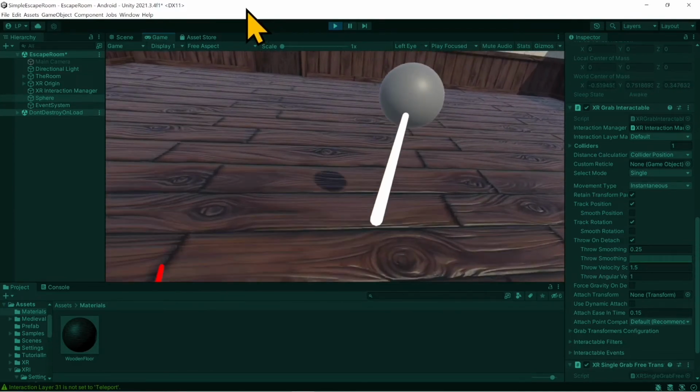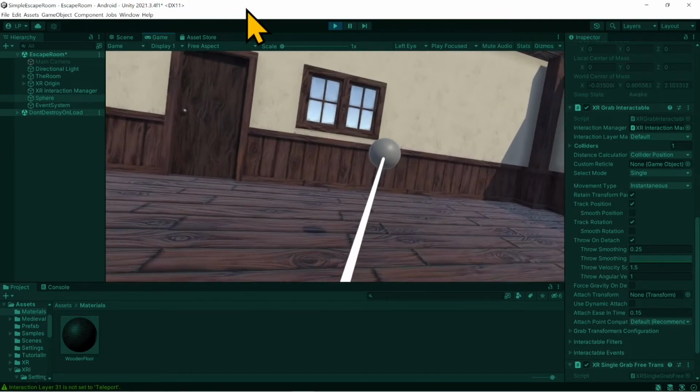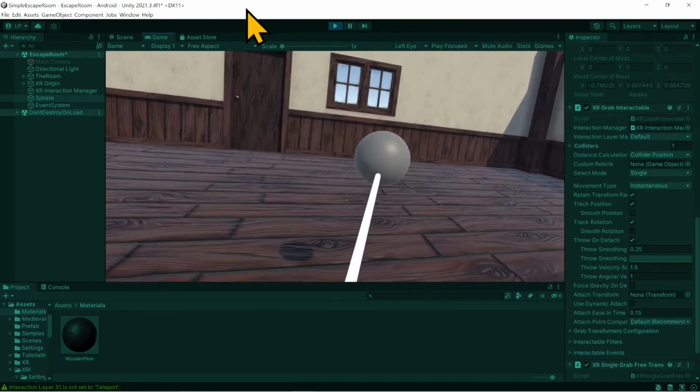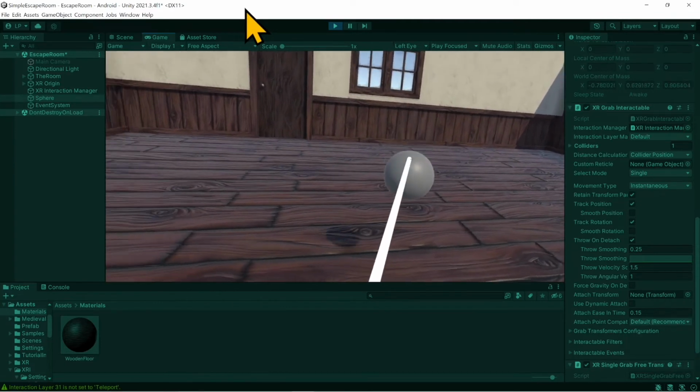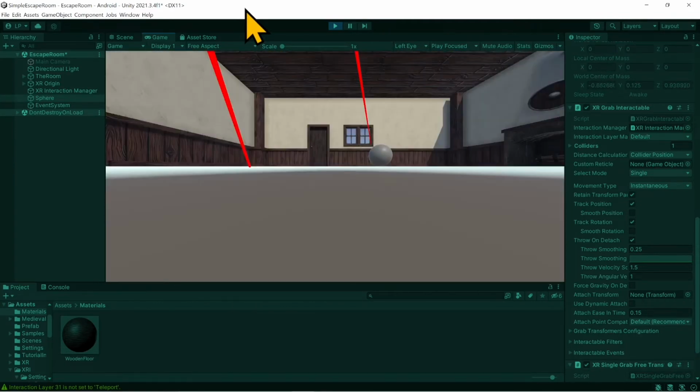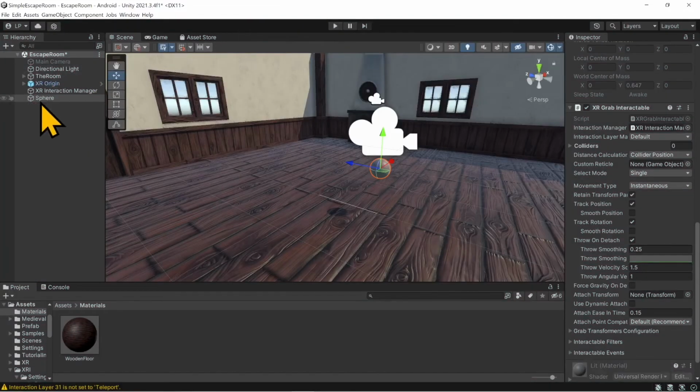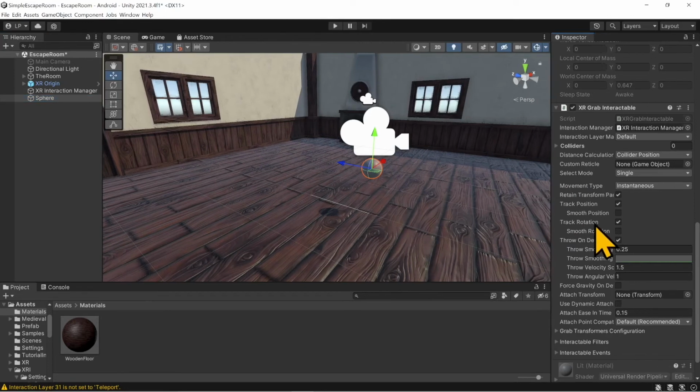Some things you might notice, if I move forward while holding this, it moves down my line. And we don't want that to happen. So let's fix that right quick. So I come out of play mode. If I click on this sphere that we just created, in here, there is an option. I believe it's this, Track Position. It is